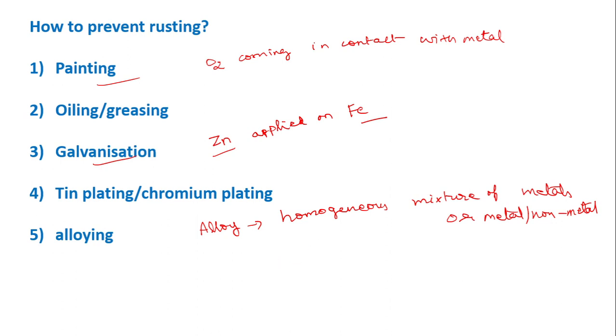Now this iron is getting rusted. So in order to prevent rusting, we will add a little quantity of chromium, then carbon. You know about stainless steel. Some amount of chromium and some amount of carbon is there in iron. So then iron will get more properties. It will not get corroded and also it will become very strong.